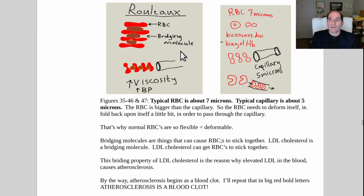All right, typical red blood cells about 7 microns. Typical capillaries about 5 microns in diameter. So the red blood cells have to fold back on themselves a little bit to pass through the capillary. You can also get bridging molecules, things that are positively charged and a big enough size that they stick the red blood cells together. So instead of pushing this thin blood through like pushing water,